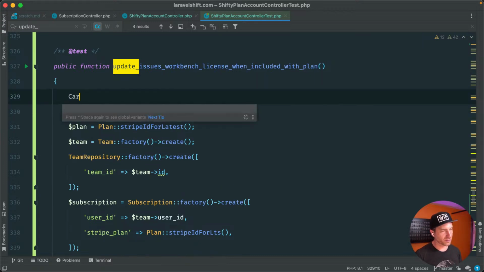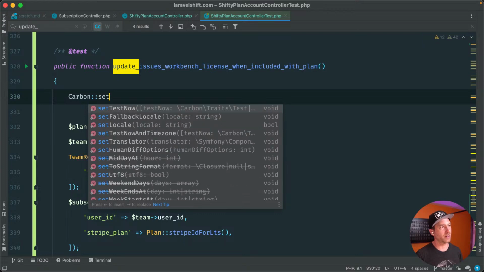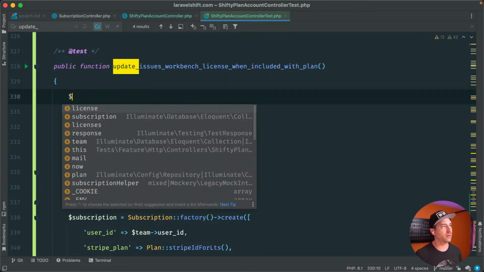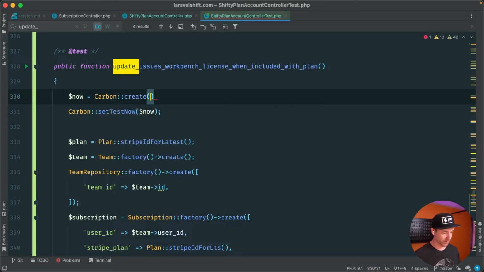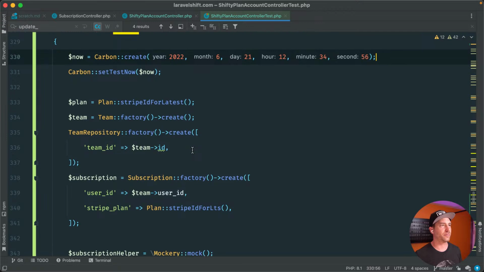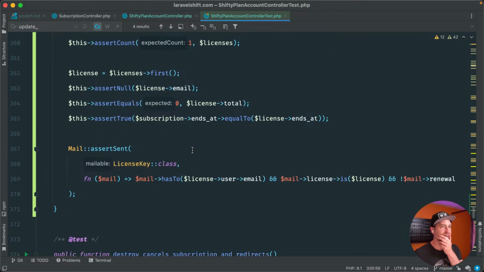I think for now, let's just do carbon set test now to now. We'll say now equals carbon create. Let's just say 2022 6 22. Let's do yesterday. That's fun. And we'll do 12 34 56. All right. And so down here, I would expect subscription. So it's not subscription ends at. I would expect true